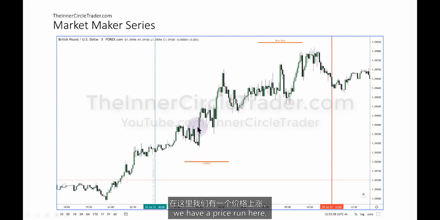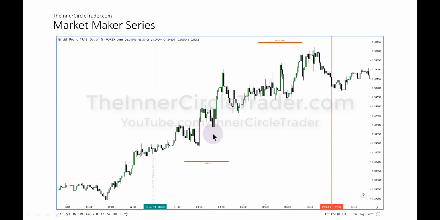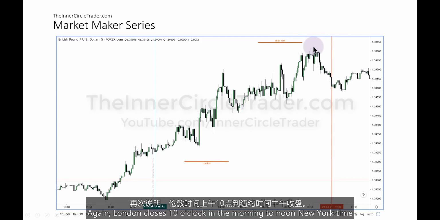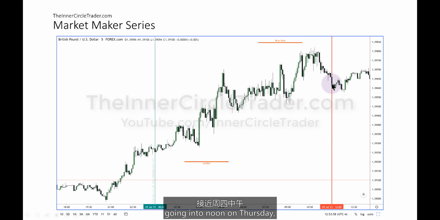London, we have a price run here and trades back down into optimal trade entry. Rises again, consolidates a little bit. And in New York, we come very close to the high of the day, but London close creates the high of the day. Again, London closes 10 o'clock in the morning to noon, New York time. Then we fall off, going into noon on Thursday,